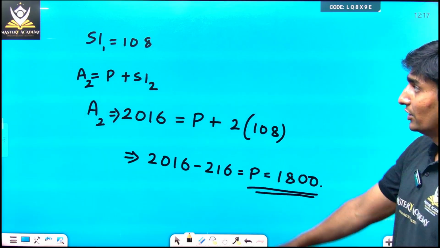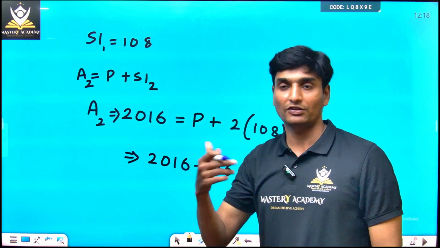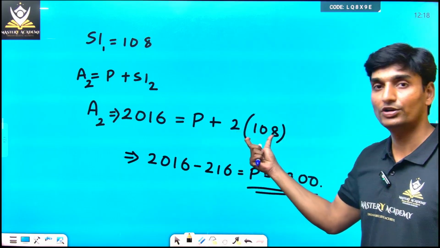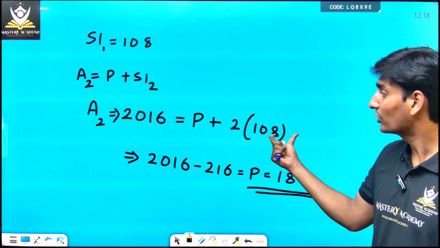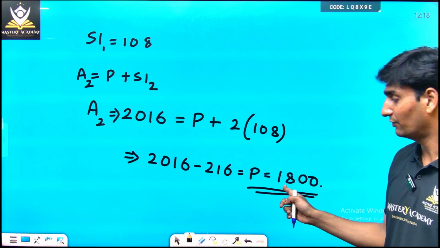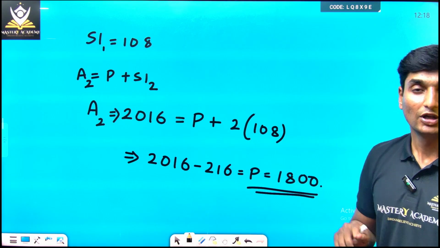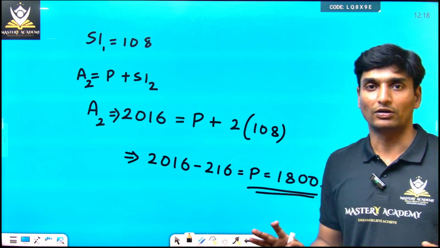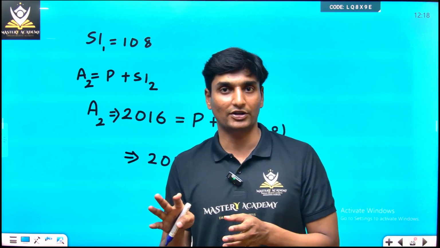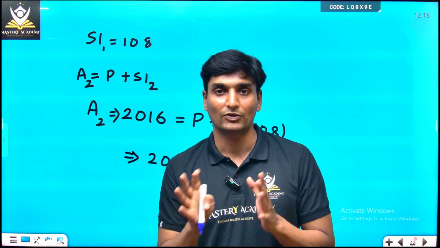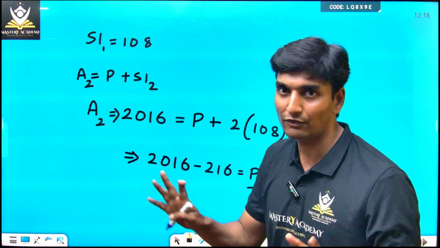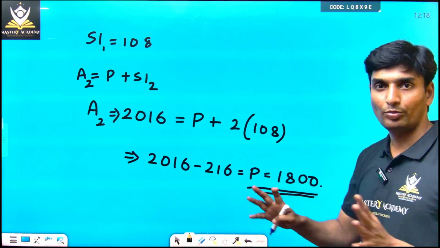Now next, the annual amount for 2 years is already given in the question as 2016. So principal as it is, simple interest for 2 continuous years will be 108 into 2. If you need the principal, just simplify. The principal amount that we got is nothing but 1800. Now you can also solve it according to the formula. P will be equal to A5 divided by 1 plus IT, which is equal to A3 upon 1 plus IT. That will give you the same answer, but this is a little bit quicker. For that reason I did that. I hope it is clear guys.